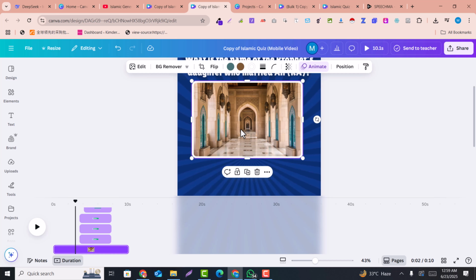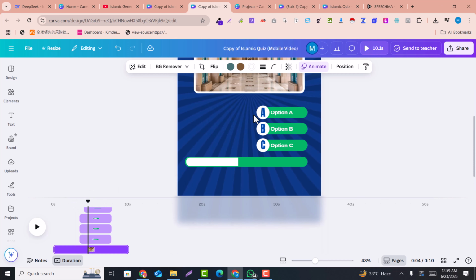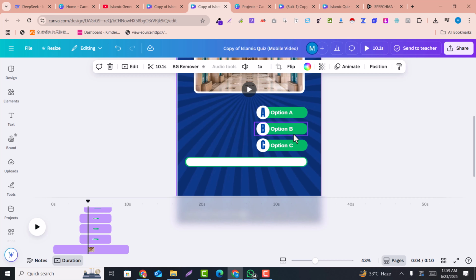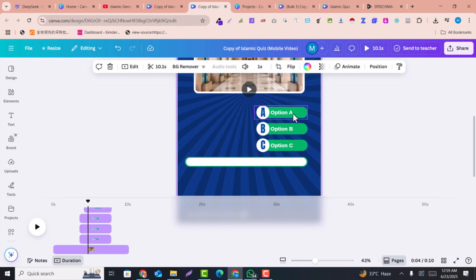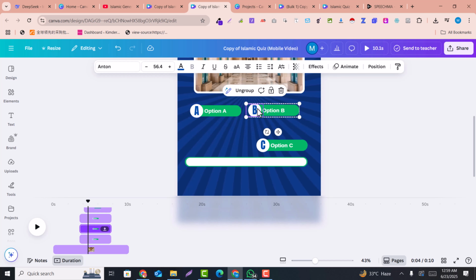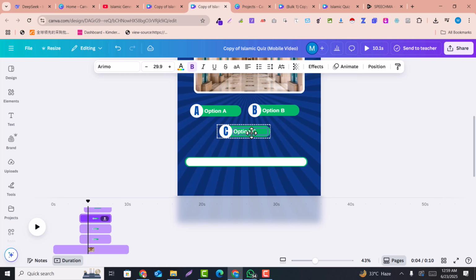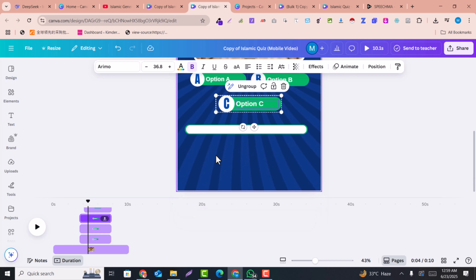Okay, and here now the three options. So here is the three options. We just want to make three options more visible. So what we can do, we can just display one option here, one option here, and one option here. So this will be more visible. Okay, so here just like that we can display three options. According to your creativity, you can just display the options.